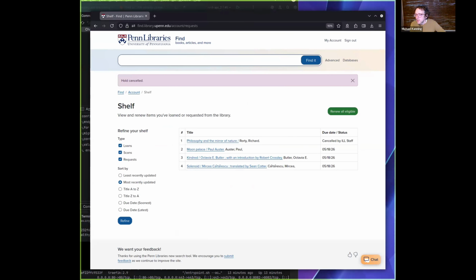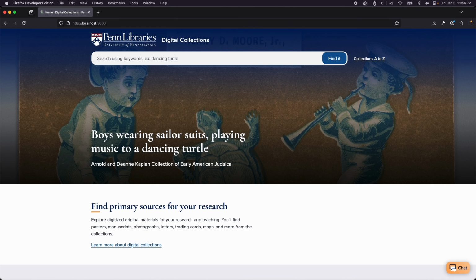Thanks, everyone. And now we'll pass this on to Patrick to demo our digital collections app. Hi there, my name is Patrick Perkins, and I'm an application developer at UPenn Libraries. We're showcasing our new digital collections application, which is a Rails application built on Blacklight 9. It's built to showcase archival material, manuscripts, and other digital assets with a IIIF viewer integration, specifically Clover IIIF.